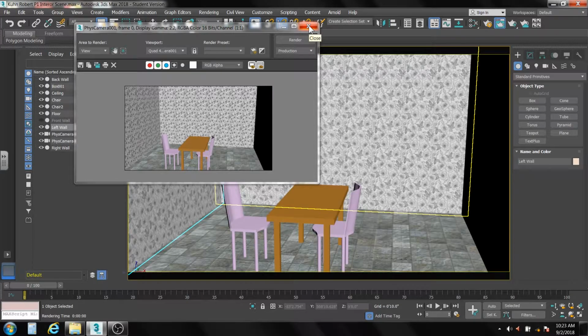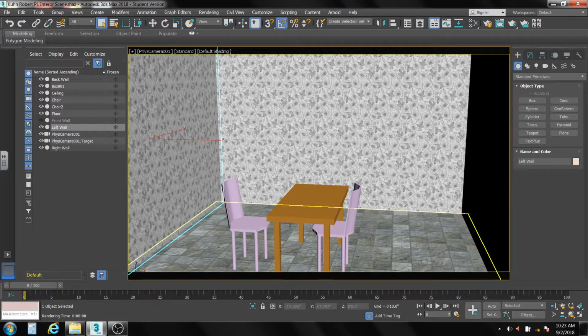Now for the table and chairs. The table and chairs we're going to treat just a little bit different because they have multiple surfaces on them. But before I even do that, I think I'm going to select this floor and these walls by control clicking,